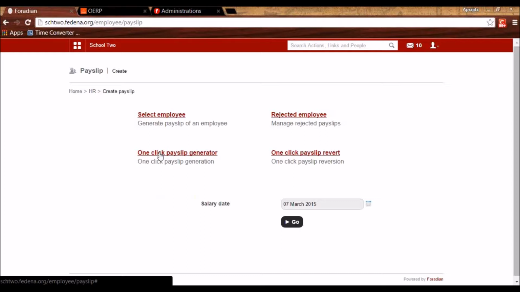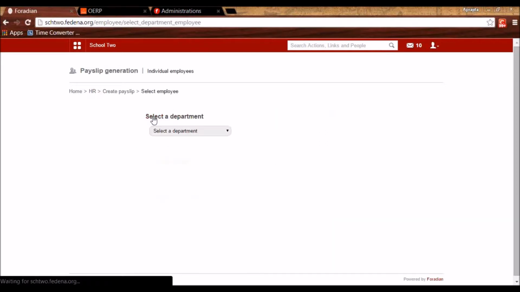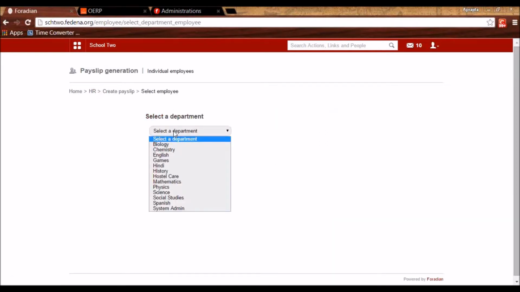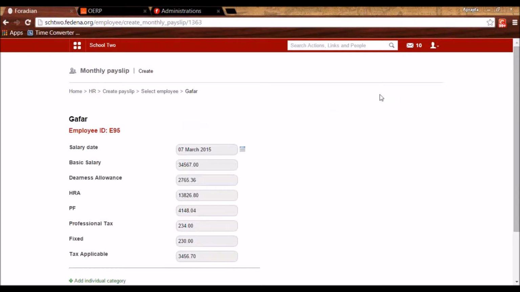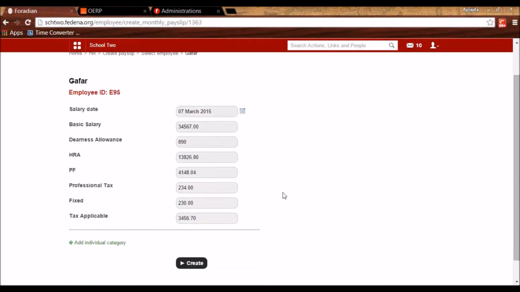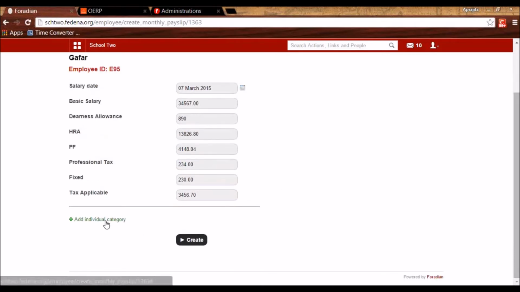If we want to do any changes, we have to go to select employee. So this is the second way, selecting each employee and generating for the employee. I will select the name of the employee and the details as I entered will appear. And I can edit any of the fields as per my requirement. I can add an individual category from here.